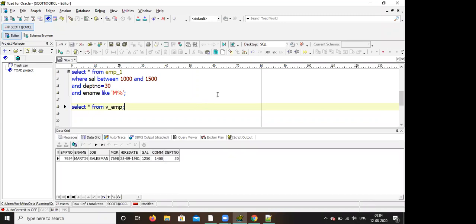Okay. Now let's say I want to change something here. As I told you, a view is nothing but a reference. It is not a physical table. So for Martin, what is the commission? 1400.